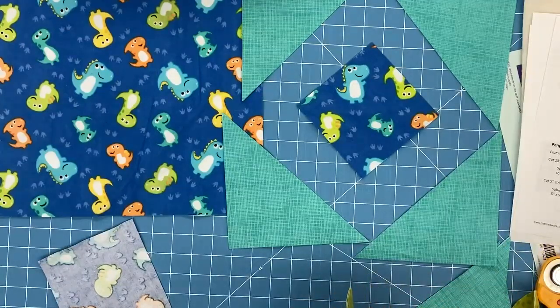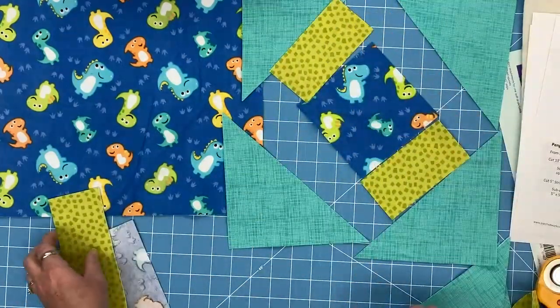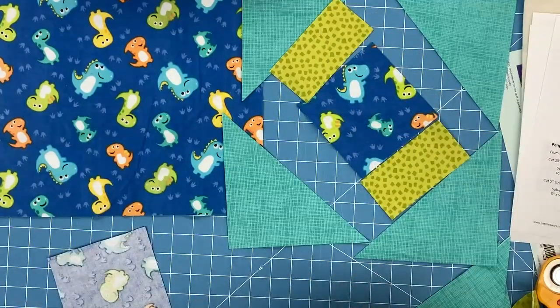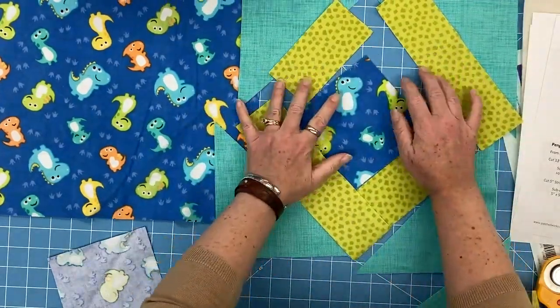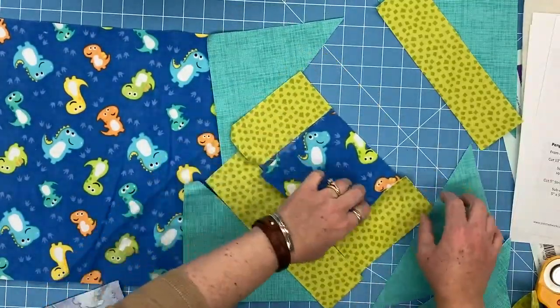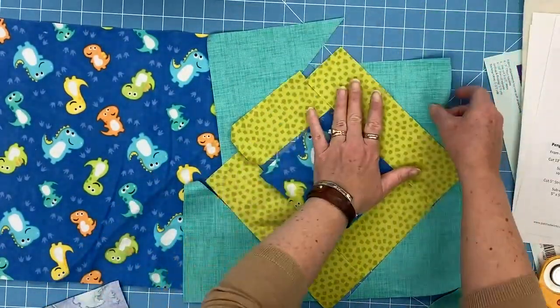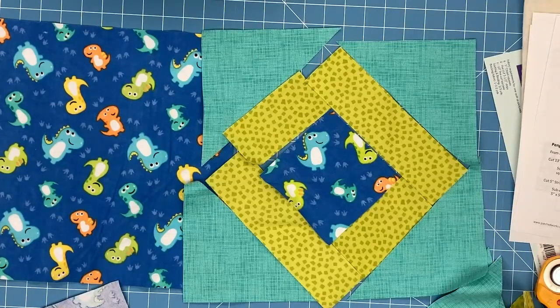Just looking at how this is all going to come together, and it is super, super cute. Let me bring this down a little bit so that you can see it better. Oh, that is adorable. All right, are you ready to make it? Yes, Julie, we're ready to make it. Yay! Okay, so